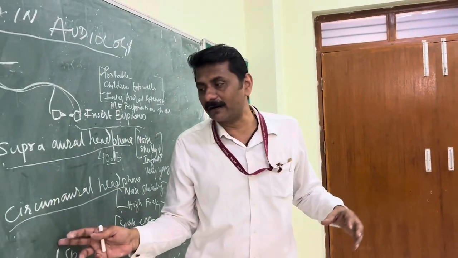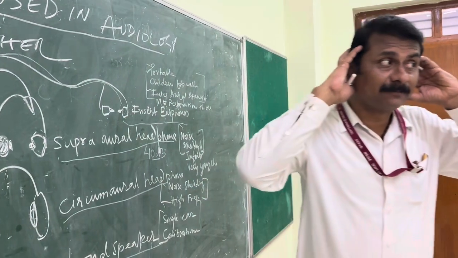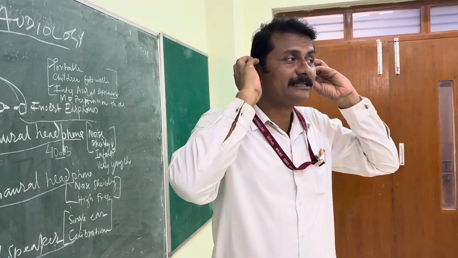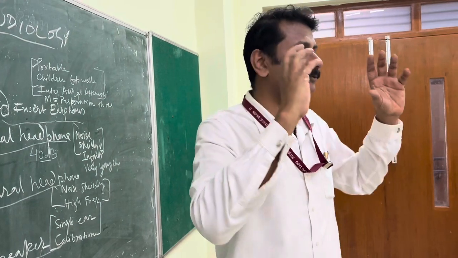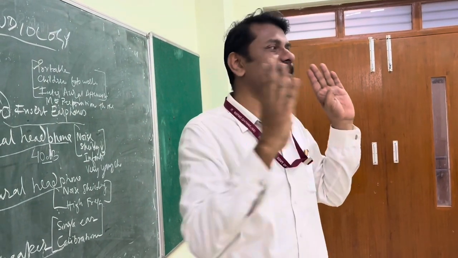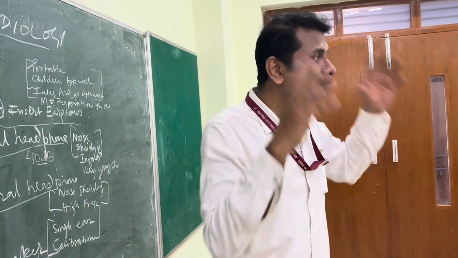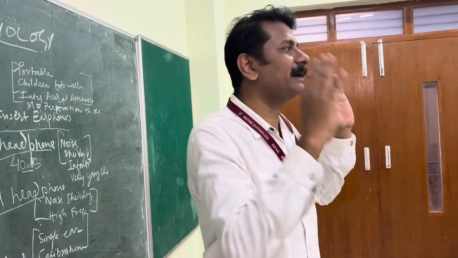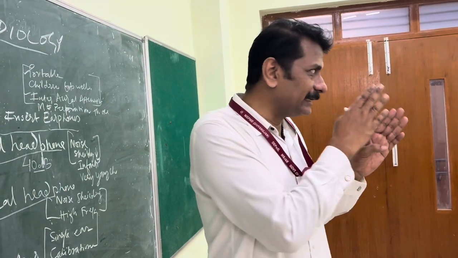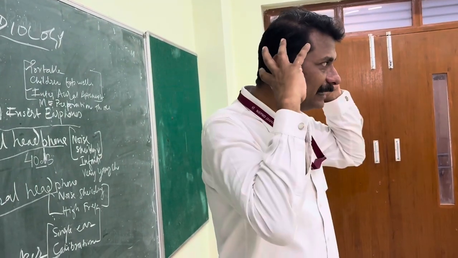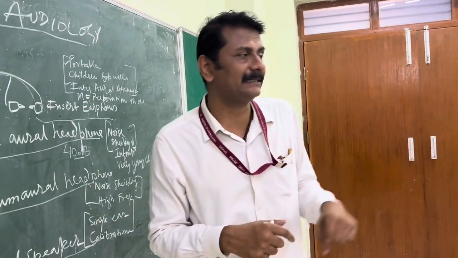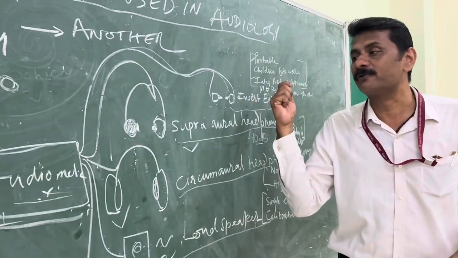Furthermore, circumaural headphones touch your ears this much and your skull. Supraaural this much. So based upon the area of contact with your ear and skull, the amount of sound which passes through the skull also differs. More the contact, more the sound passes from one cochlea to the other cochlea. So again, distinguishing between both the ears also becomes a challenge when headphones are supra and circum. So the interaural attenuation is a factor. It is 40 decibel for supraaural headphones.